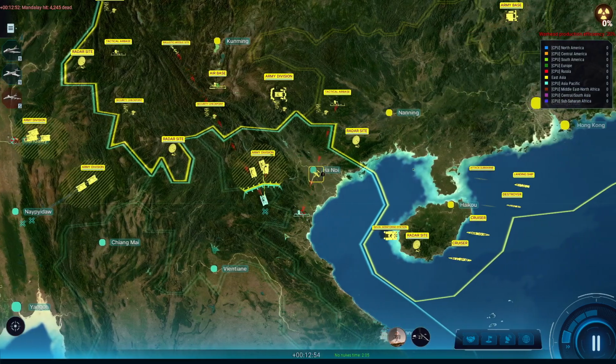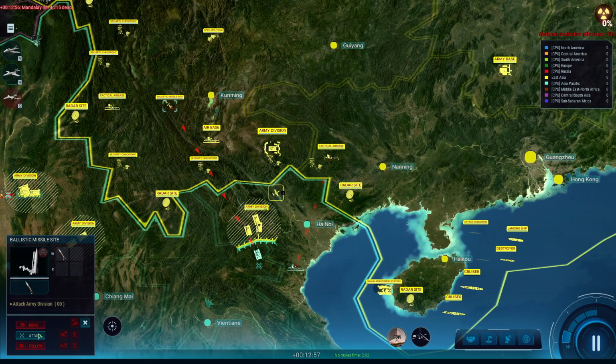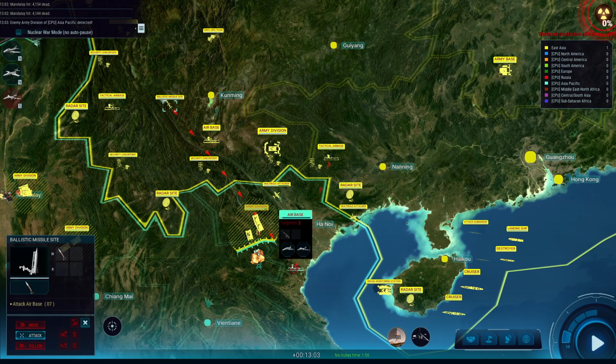Oh, I thought that we destroyed the airbase. Okay, so we should keep attacking that one as well. So then let's maybe attack the airbase, because I thought the airbase was already attacked. Okay, so we can click on...